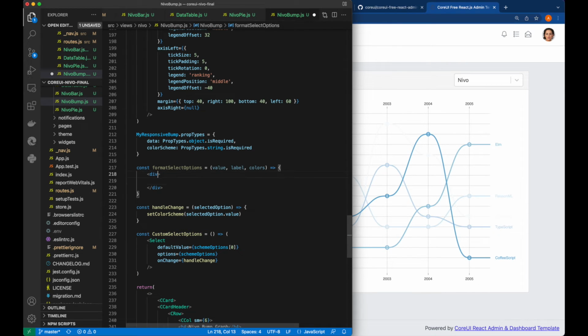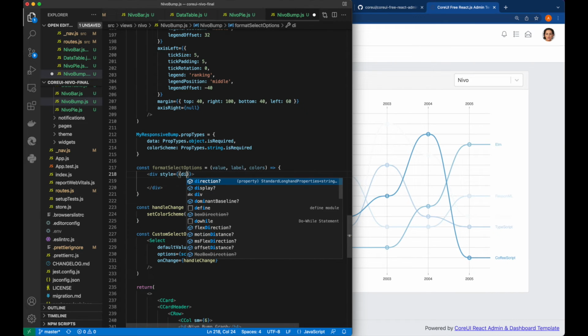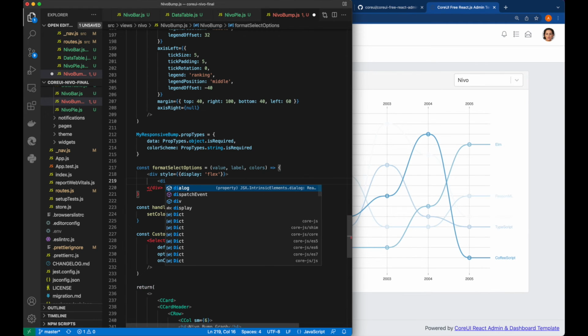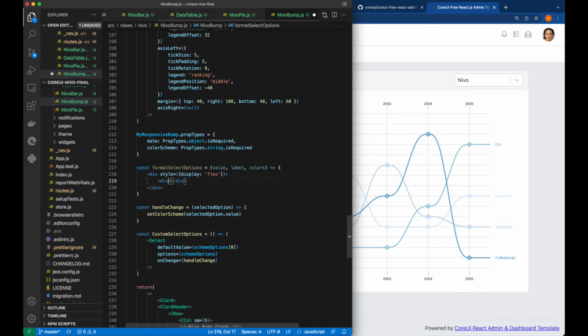So this is going to be display flex. Now we can show the label, so we can call it div, and this tile we can call min width, so it will be adjusted, for example